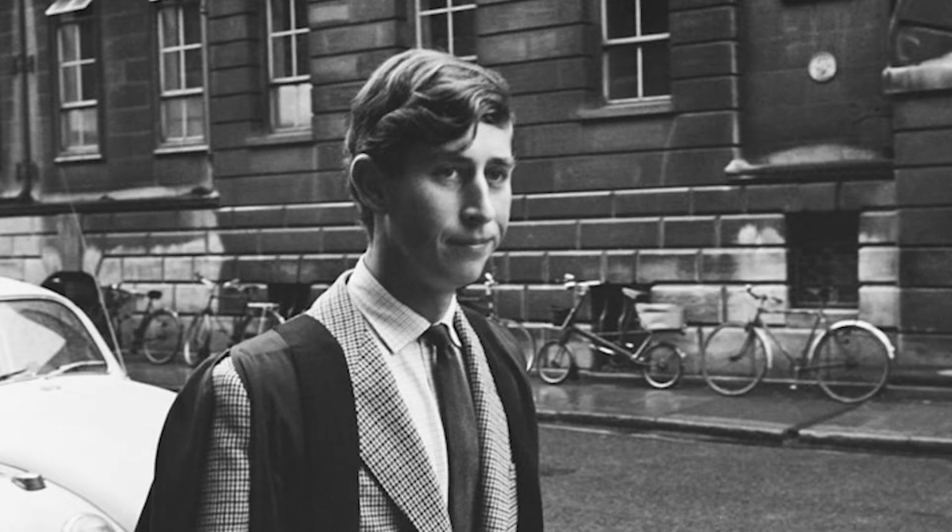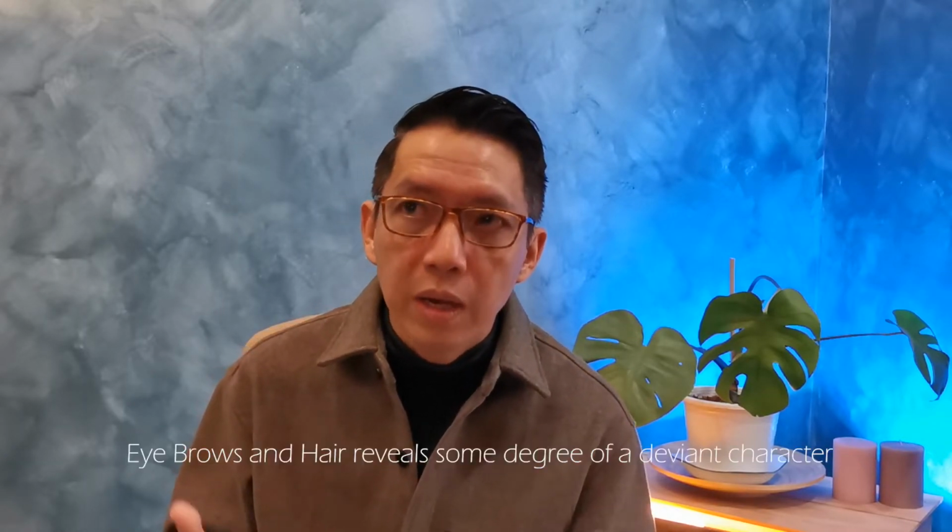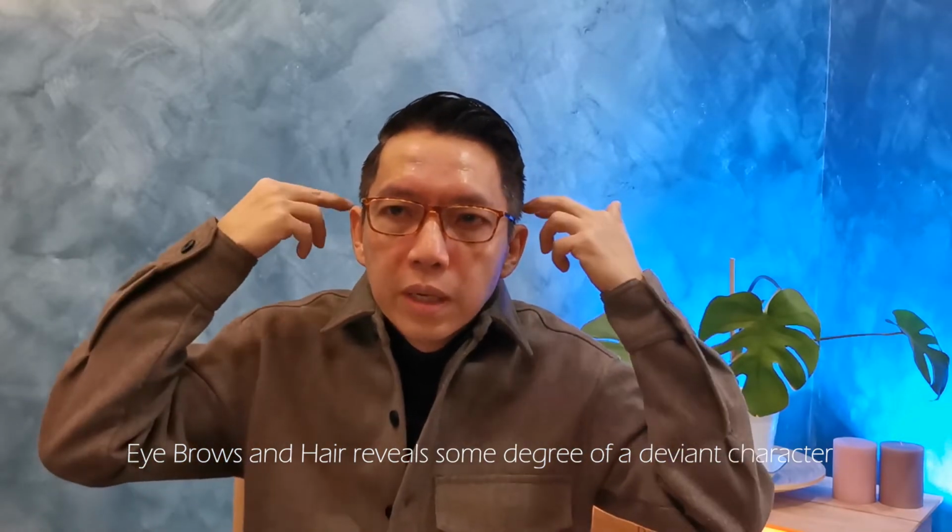Now, when we go back to the early Charles, what I want to touch on, and I hope the British don't get offended, is the hair. This is a very unusual hairstyle that even when you watch Netflix, when they try to use a young Prince Charles actor to cover young Prince Charles' role, they can't even get that hair. Okay, so to me, and I don't have the right words to explain this, this type of hair tells me that this person has a little bit of unusual behavior. I don't even want to use the word eccentric, but it's a very unusual behavior that's not mainstream. And to be able to accept that haircut rather than cutting off the curls,